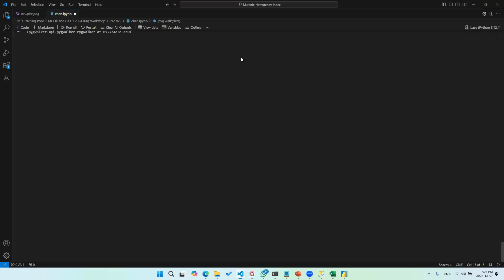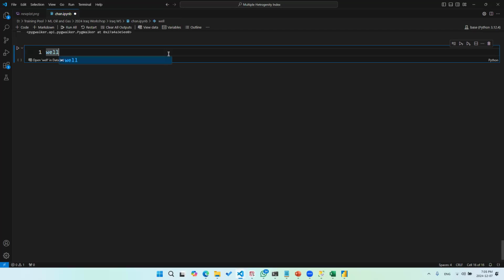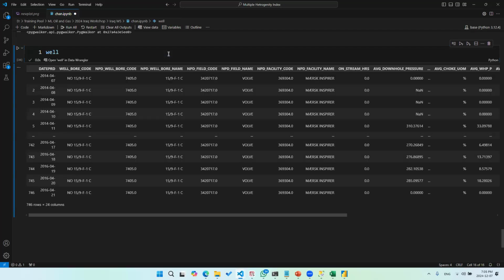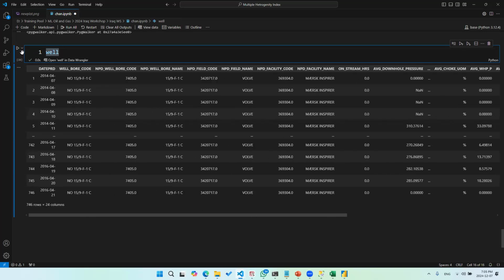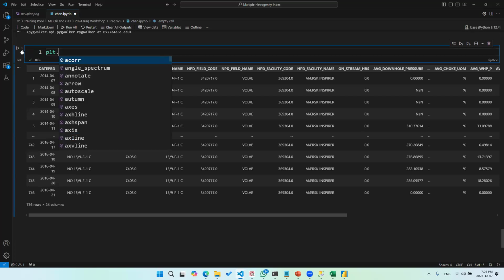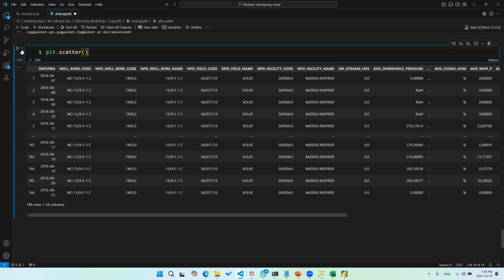I will show you how to write code that predicts, let's say, the water oil ratio, and how the water oil ratio changes with time. Okay, so let's say that we have this well. Let me show you how we can create a chart around this well. Let's do plt.scatter. This is going to create a plot for us.